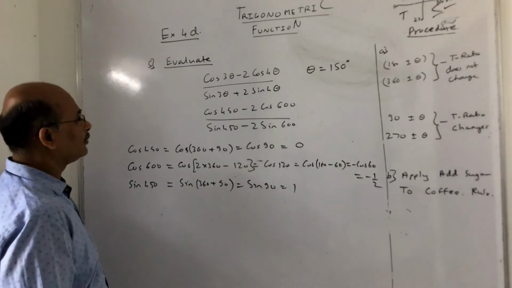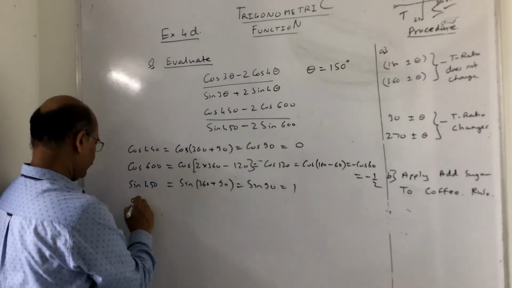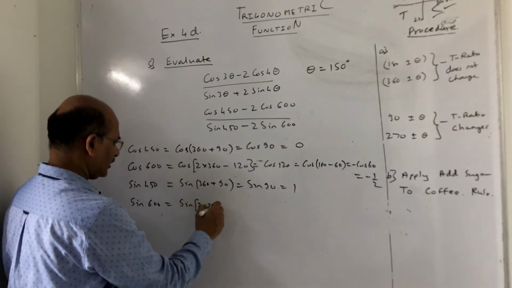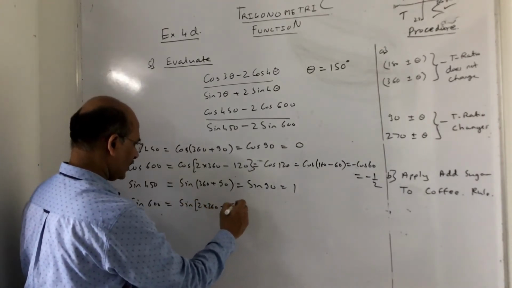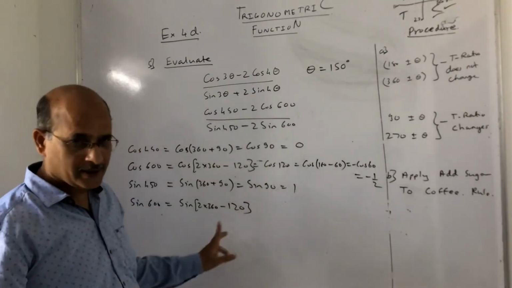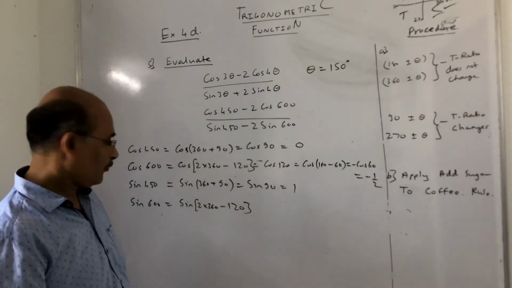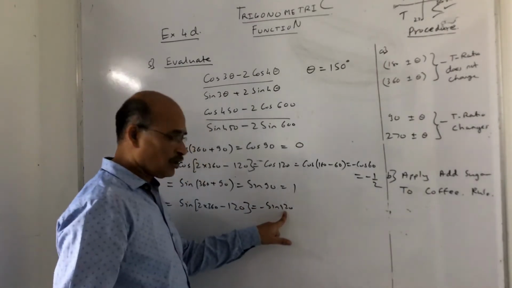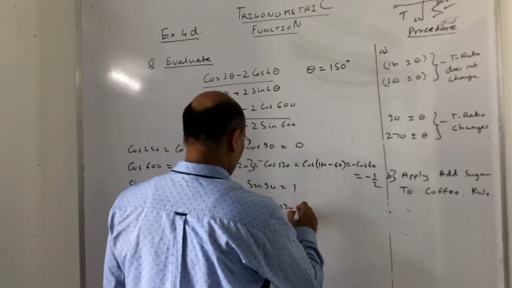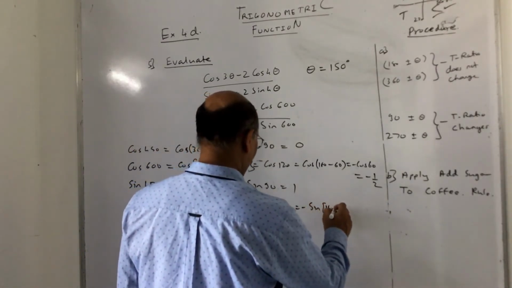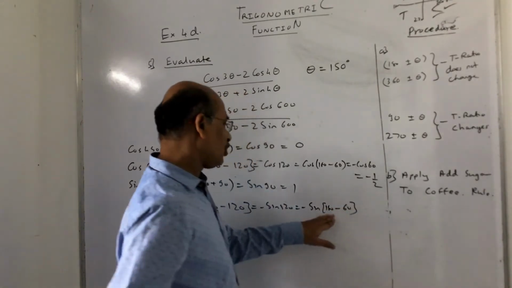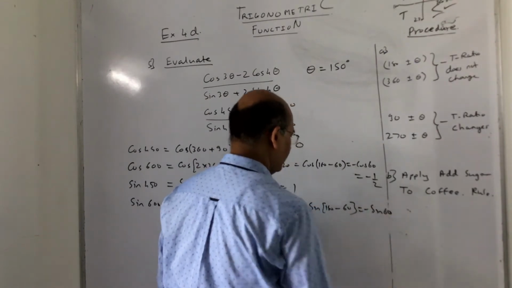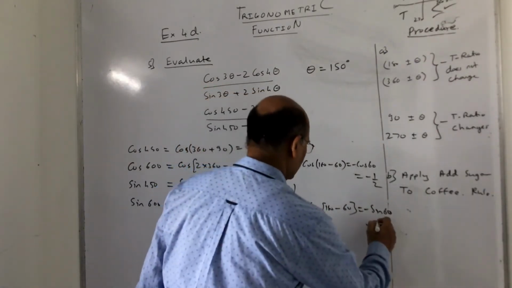Similarly, I have to get sine 600 here. So I can write sine of 2 into 360, 720 minus 120. So sine of 120, 360 minus theta, fourth quadrant, sine will be negative. So minus sine 120, but it is still not an acute angle. Go further applying the rule. So this is minus sine of 180 minus 60. Second quadrant, sine is positive, and positive of negative becomes negative. Minus sine 60, so sine 60 gives minus root 3 upon 2.